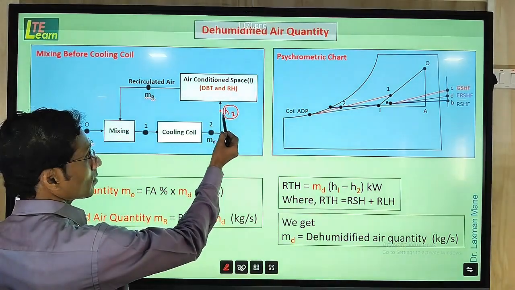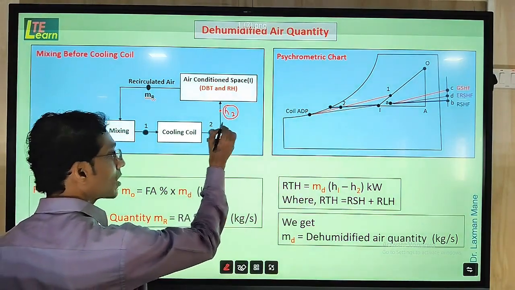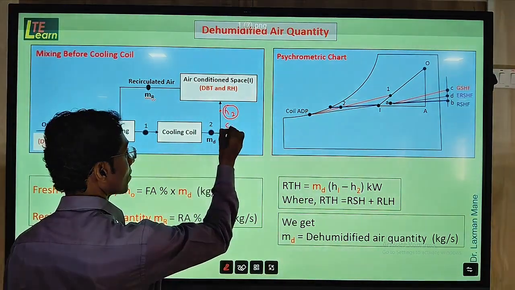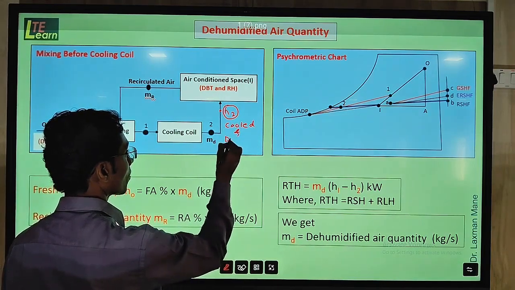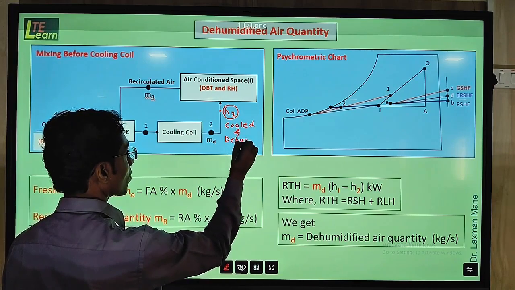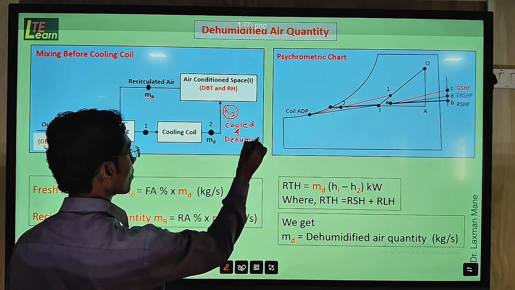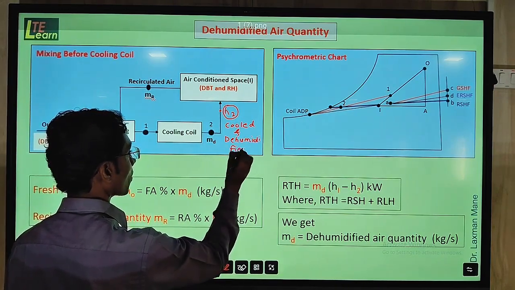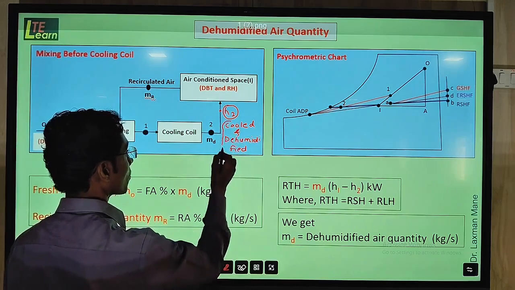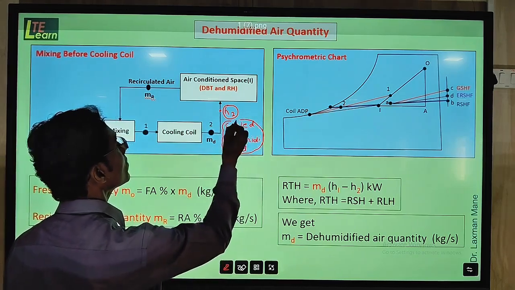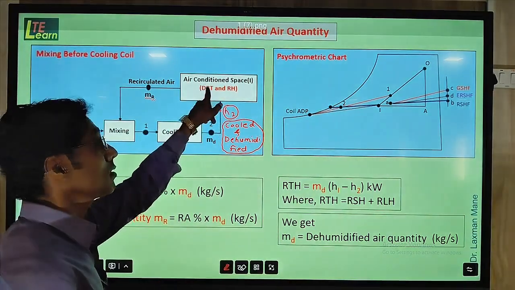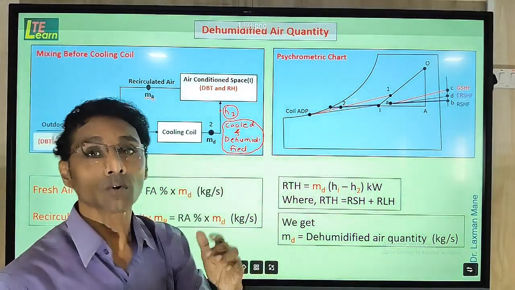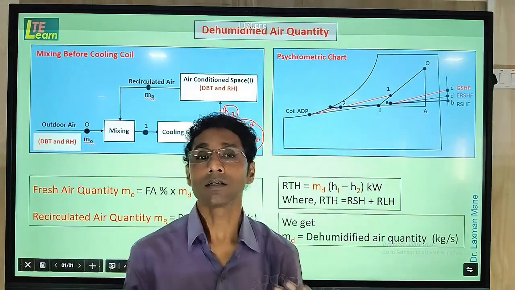This cooled and dehumidified air, when it passes to the room, then in the room the load present, that is RSH